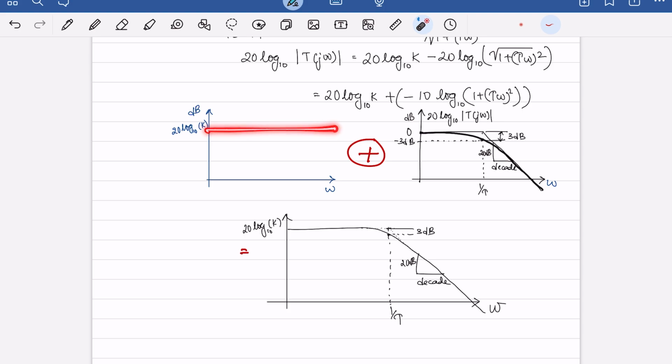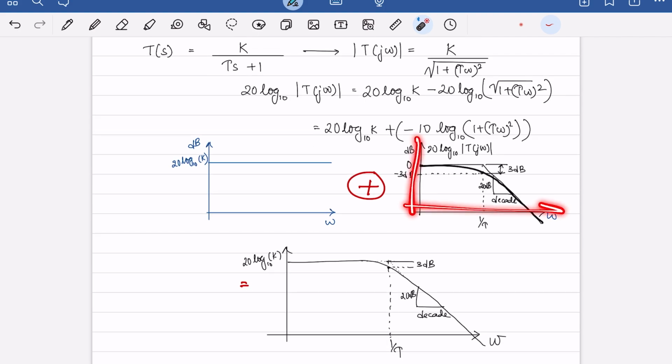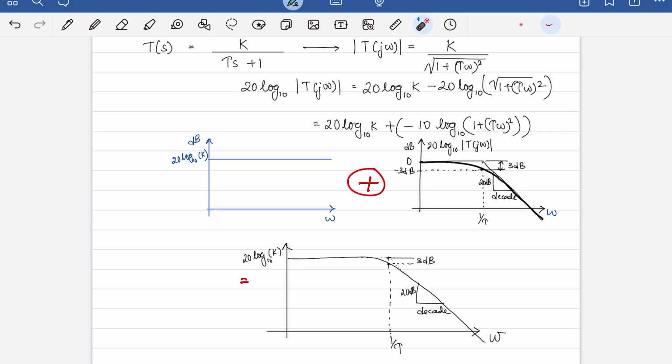And it is completely independent of the frequency. But because of the first order system, this plot here shows us that as omega increases, whatever is the magnitude gain contributed by the first order system, it comes down. And in the beginning, for small omega, this contribution is basically 20 log to the base 10, so it's 0 dB, which means that the amplitude is not affected as much as when the frequency increases, the amplitude is reduced, which is basically the